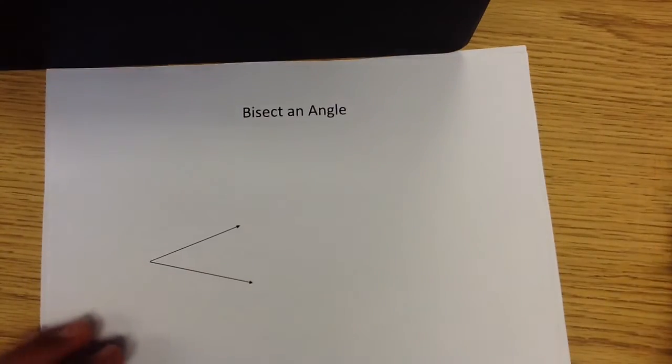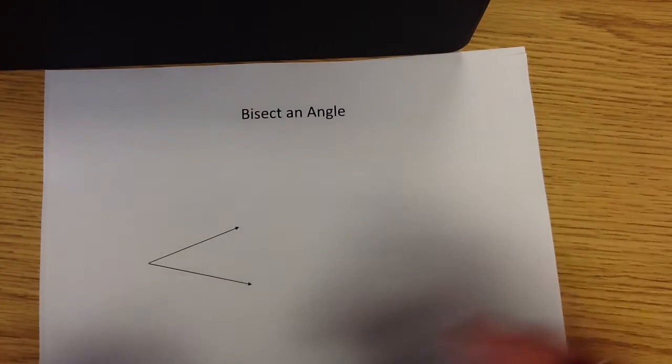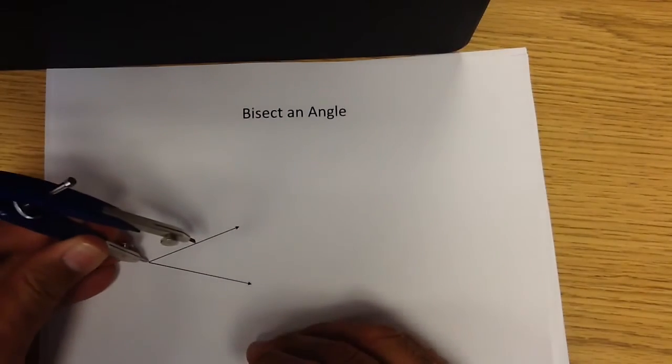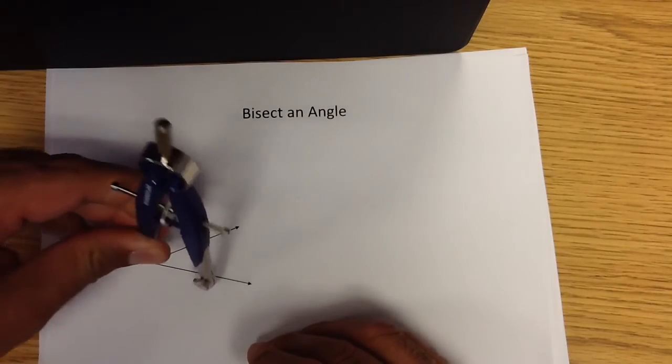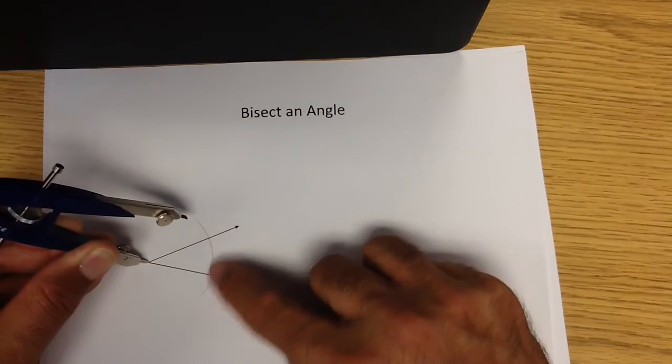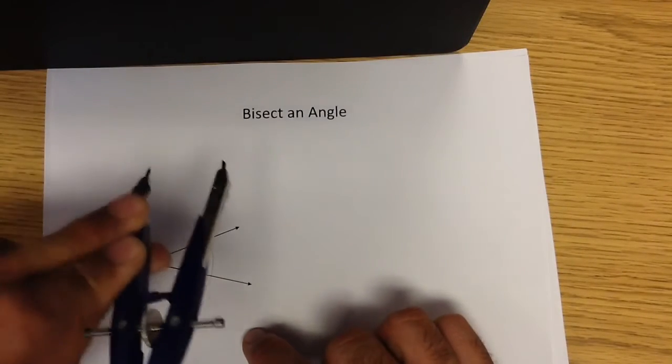The last construction in this video is bisecting an angle. So this is an interesting one. Remember, a bisector means to cut it in half. So I'm going to open up my compass, and what I want to do is I want to cross the rays twice. So notice in this case I have made two intersections, and then with the same compass measurement, I